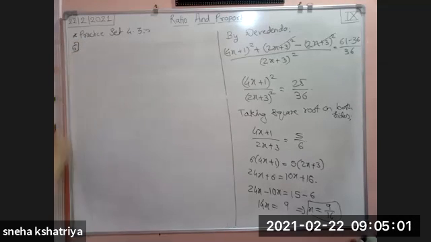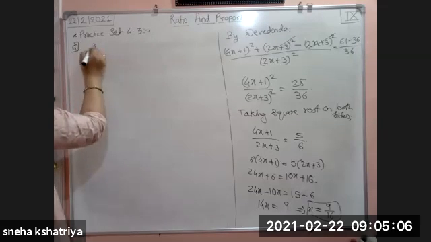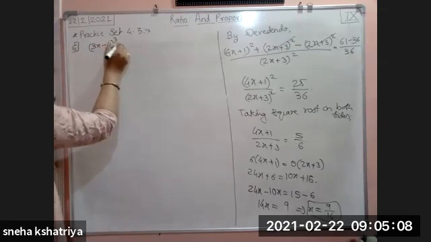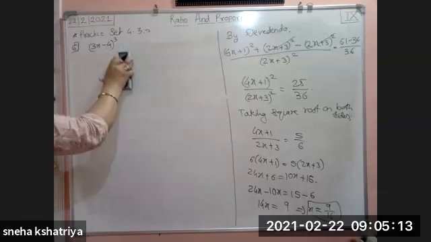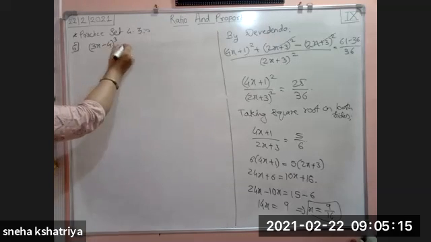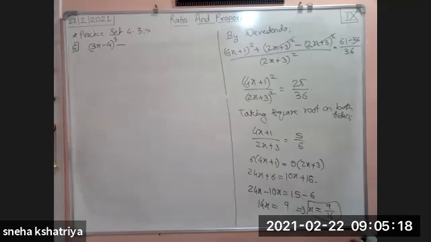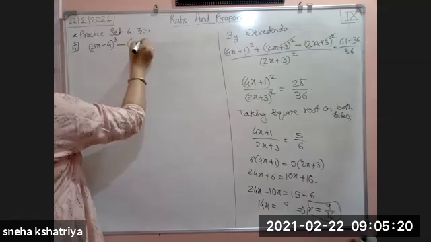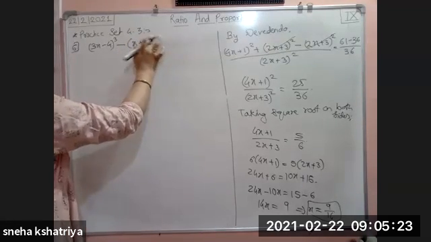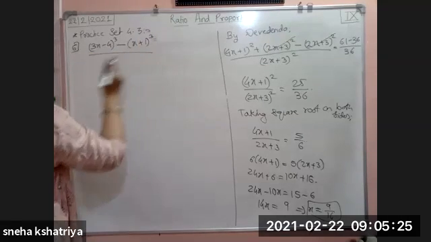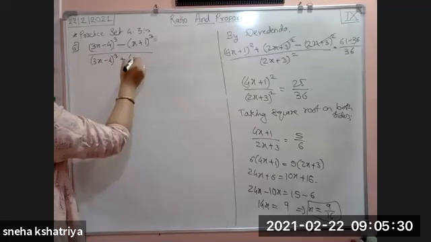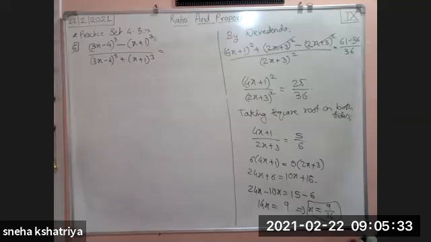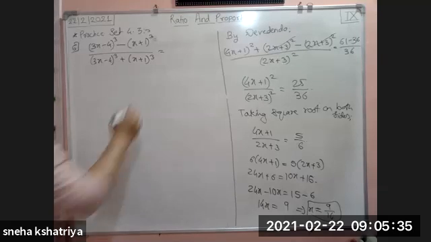The last example of question number 4 is (3x minus 4) whole cube, sorry, the sign at the numerator is minus here, minus (x plus 1) whole cube, divided by (3x minus 4) whole cube plus (x plus 1) whole cube, which is equal to 61 upon